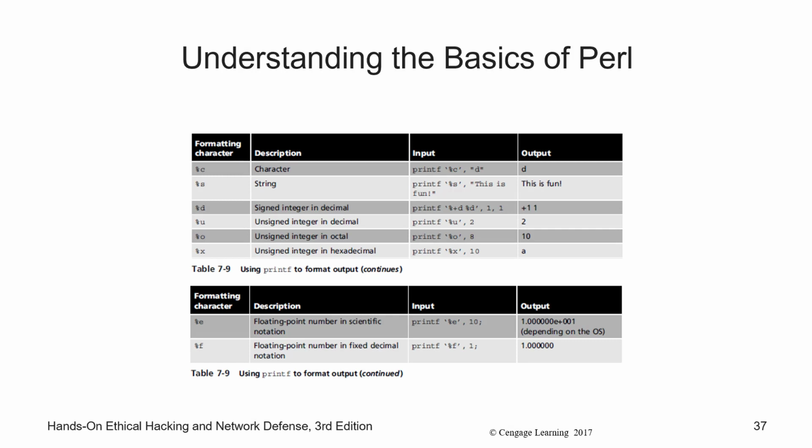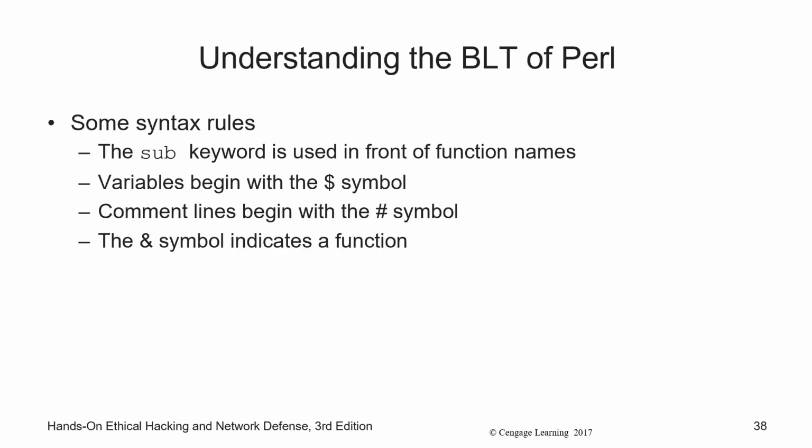All right, some basics of Perl. Remember, syntax is similar to C, so printf prints to the screen. Printf, again, it means print format. So print formatted, where you have a string literal followed by various parameters that can be dropped into the string. You have formatted output characters. Again, C is character, S is string, etc. D is decimal, just like C. Well, look, it's the bacon, lettuce, tomato again. Okay, so function names are defined using the sub keyword. Variables start with a $ sign. Comment lines start with a # sign or hashtag for the Twitter generation. And the ampersand symbol indicates a function.